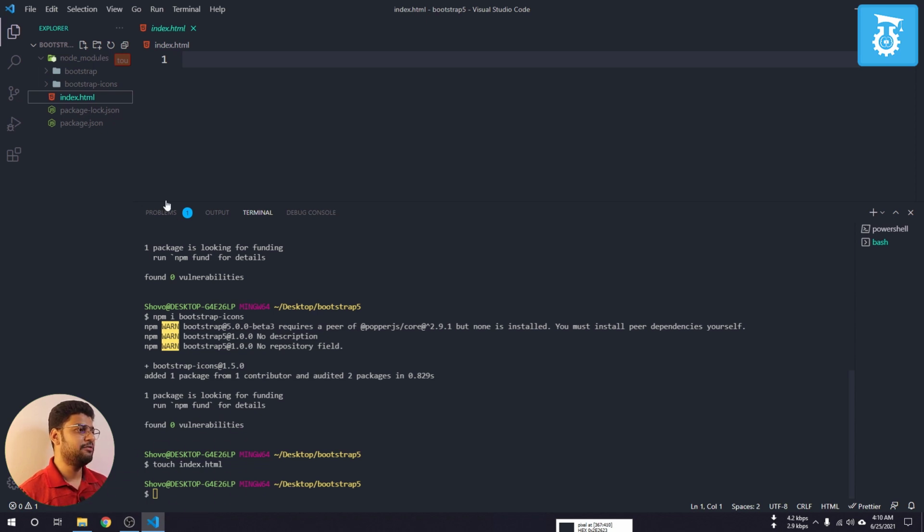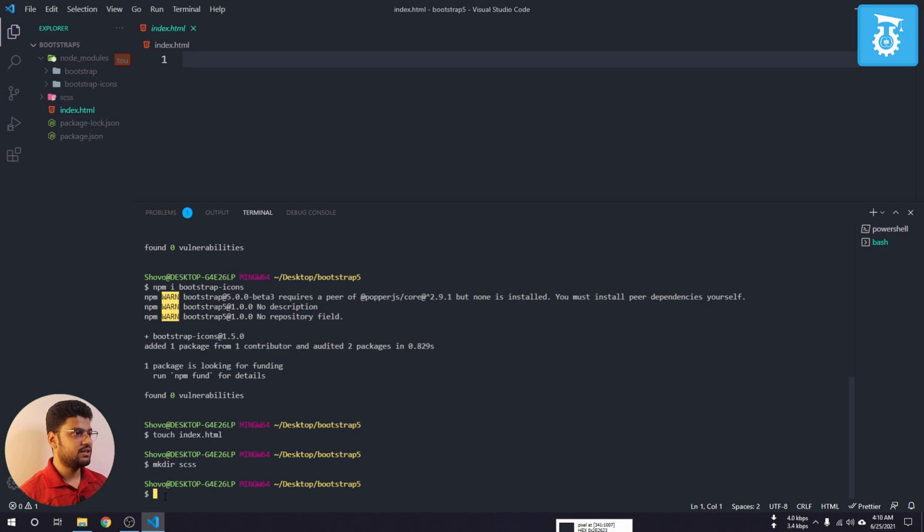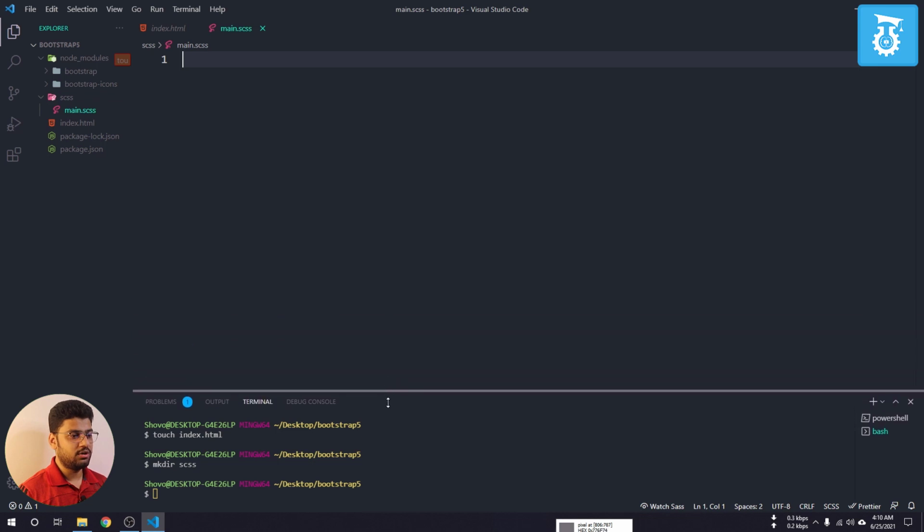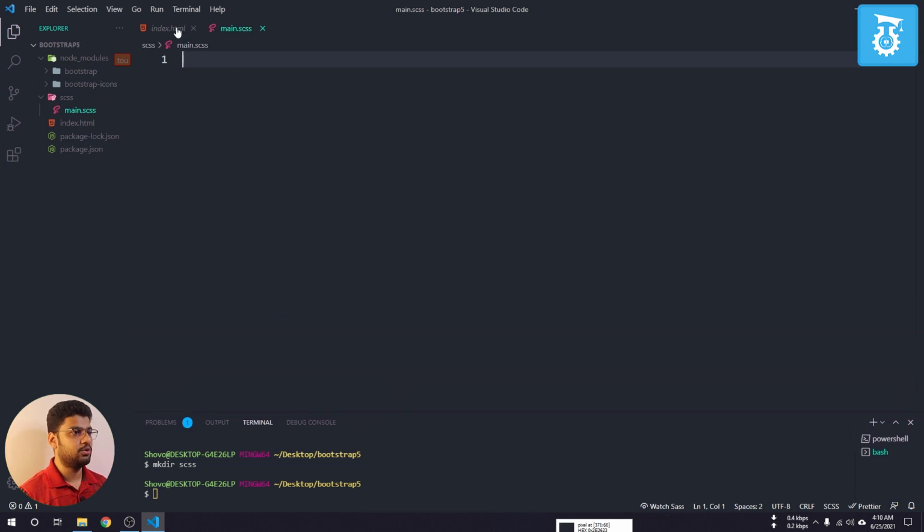But you can also create any file from here, as well as you can create any folder from the terminal and also from here. So if I try to create a folder from the terminal, I can write mkdir and then scss, and if I hit enter, in that case you can see I have a scss folder. And also I want to create a file, it will be main.scss, and if I hit enter, you can see this is such like that. I don't want to do more on the terminal, so that you will not feel bored, so I will not do more here.